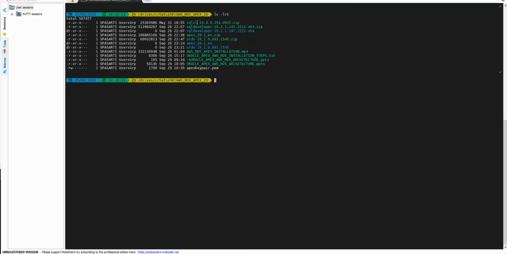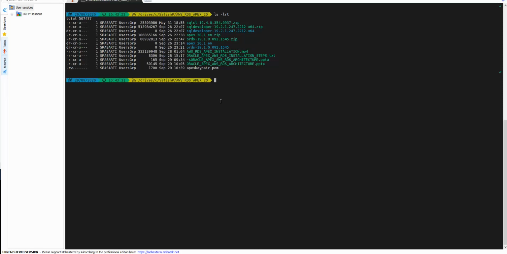we need to make sure our Apex EC2 instance is actually able to connect from this EC2 to the RDS instance which we are going to provision from the EC2 instance itself. That's why we are able to connect to this using SQL CL, where we are trying to reach over to the RDS from the EC2 instance. Okay. And Apex and ORDS softwares, we need to install those for Apex to work, right?